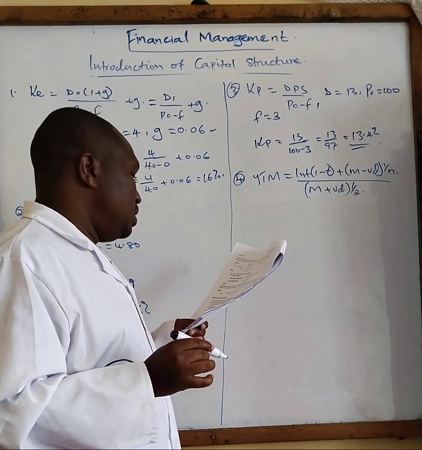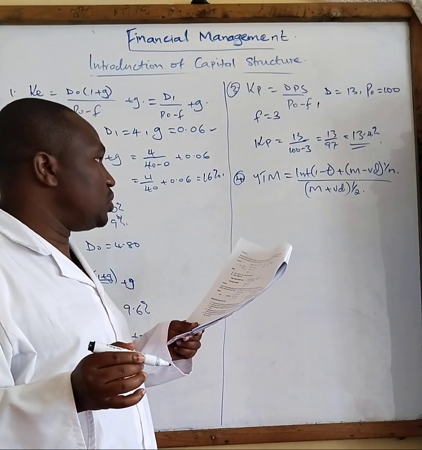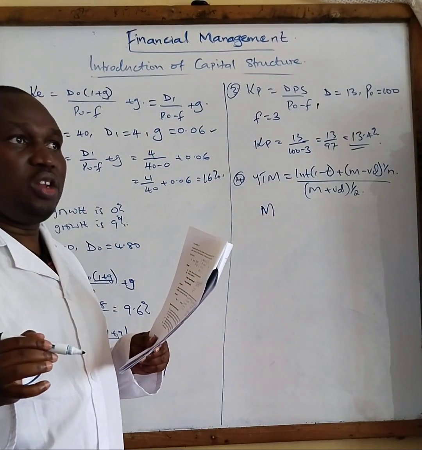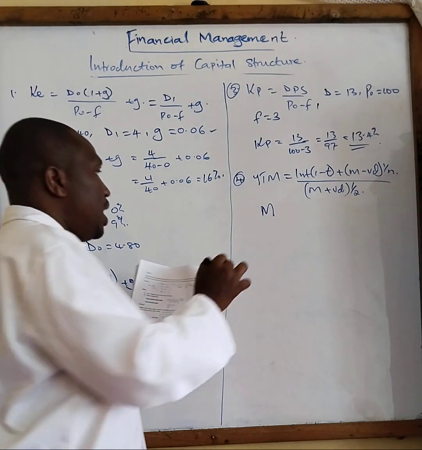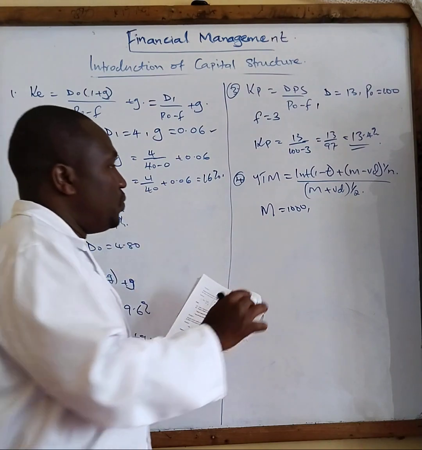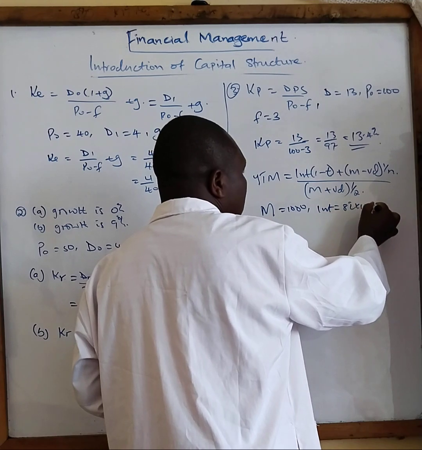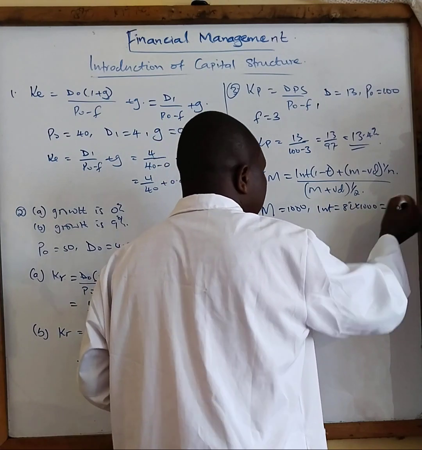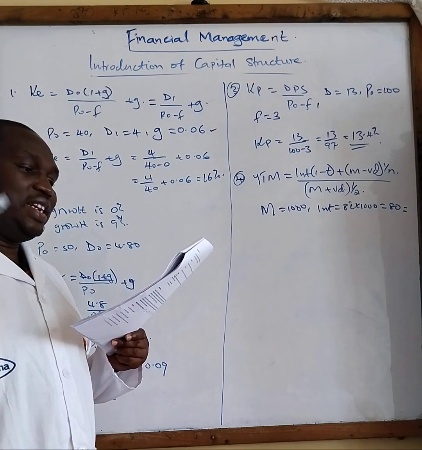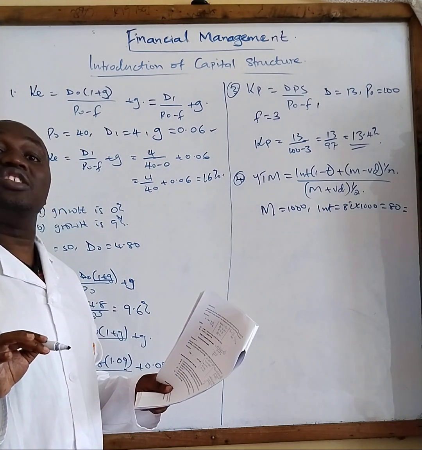They are saying, assume that Jubilee Company issues a loan of 1,000 shillings debenture. So you say that is the nominal value, the value of the debt in the books of accounts. M is equal to 1,000. Under this 1,000, there is an interest of 8%, Int, which is 8% of 1,000, which will give you 80 shillings. Correct?